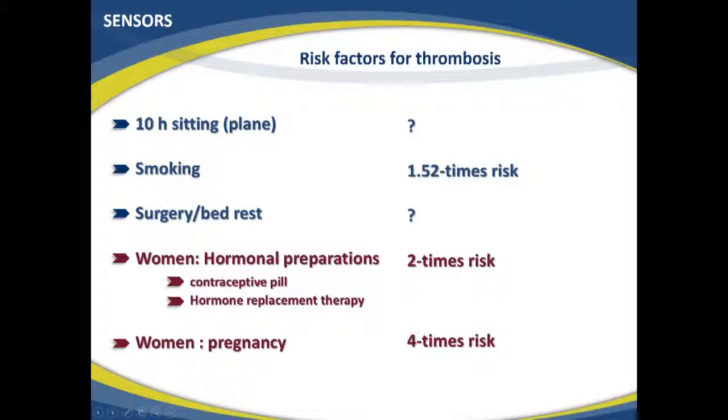And also for women in pregnancy, generally they have a 4 times higher risk of developing a thrombosis compared to non-pregnant women. If combined with a genetic variation, it's a 60-fold risk. So it's a very, very high risk, and these women should be treated with heparin to protect mother and child from this dangerous condition. There's more information about the hormonal therapies and pregnancy in another training, and this is supposed